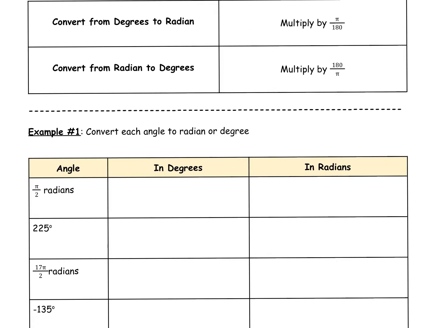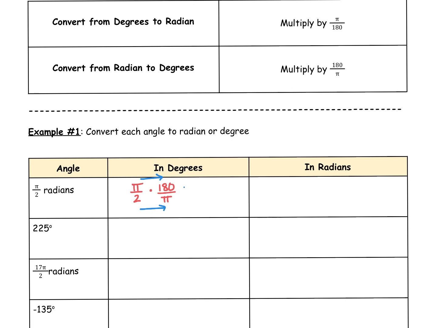In example number one, I'm giving you an angle of pi over 2 radians. I'm giving you radians and I want to convert from radians to degrees. So the rule for this one is that we're going to multiply by 180 over pi. So we have pi over 2 times 180 over pi. Now, if you remember, the way you multiply fractions is you multiply straight across, tops with